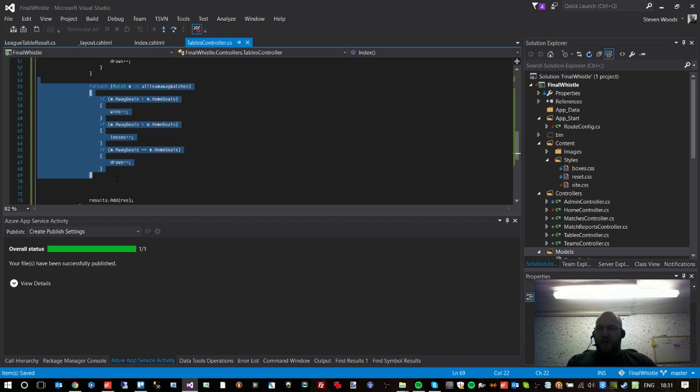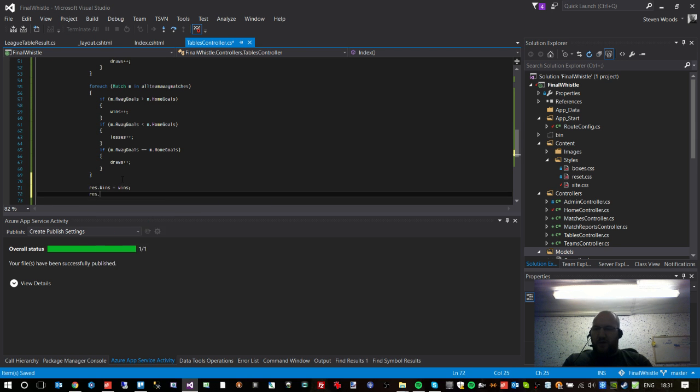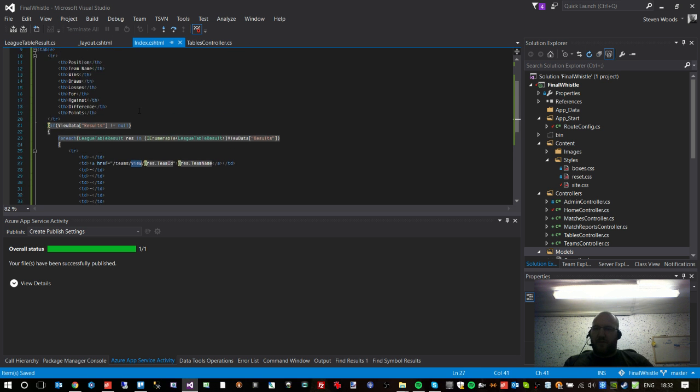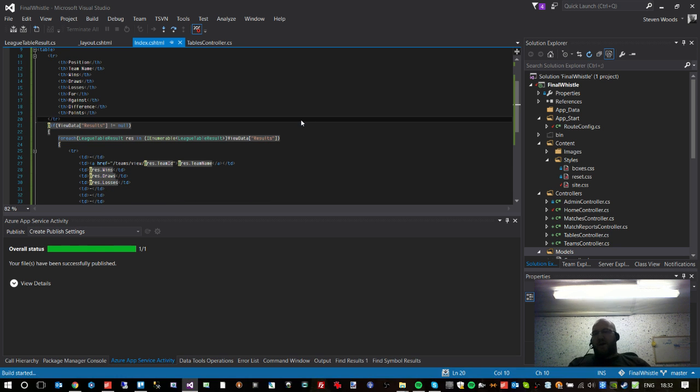So now after we've done all these ones, we can actually update our results. So res.wins equals wins, res.losses equals losses, res.draws equals draws. And now if we go back to our league table on the page, in the right column we've got the team name, then its wins, draws and losses. So we can say @res.wins, @res.draws, and @res.losses. So now if I run that, just hitting F5,